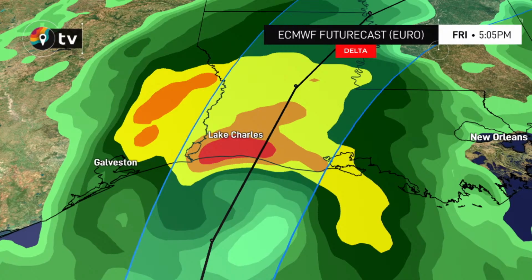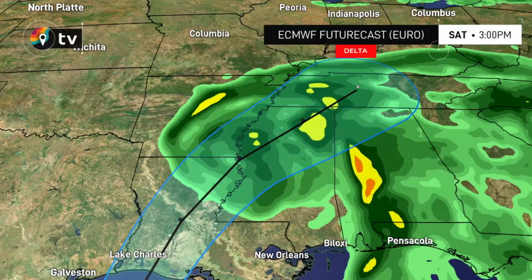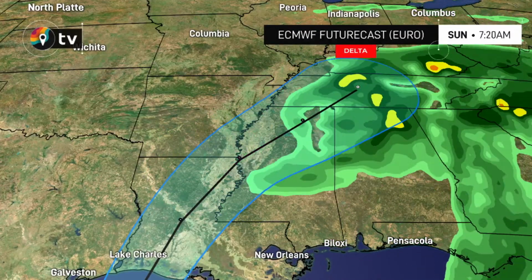And again, for the folks that live in Lake Charles, and really for the folks that live on the Gulf Coast, I know it's been a difficult season, but at least on the bright side of things, November 30th is the official end of the season. So we are almost there. But it could very likely be a very dangerous day tomorrow for those of you that live right along the coastline there. And again, time is running out for you to do your final preparations. Once this thing is off